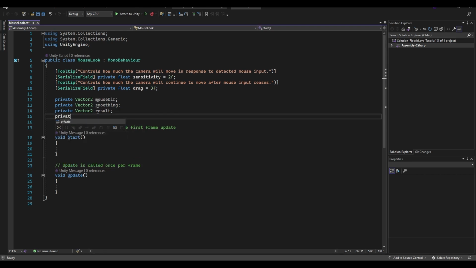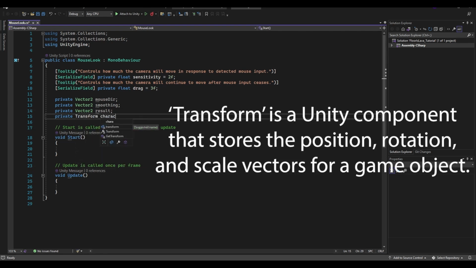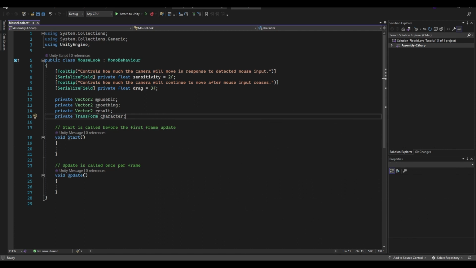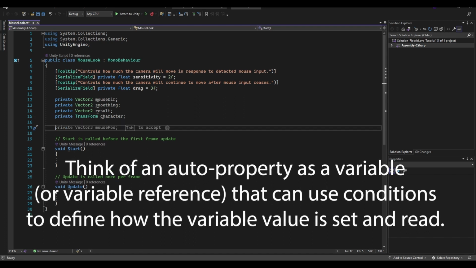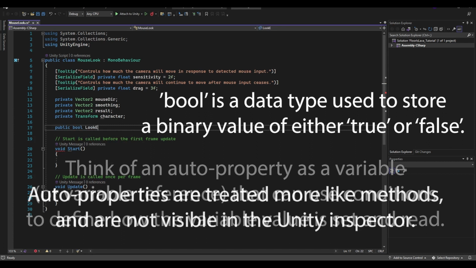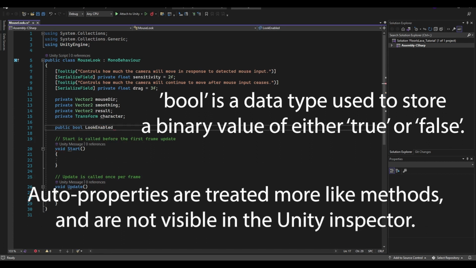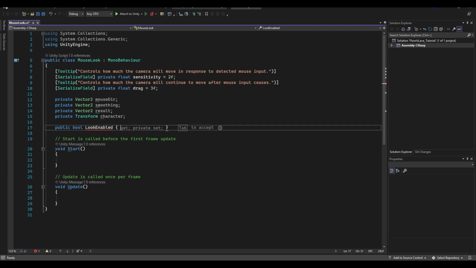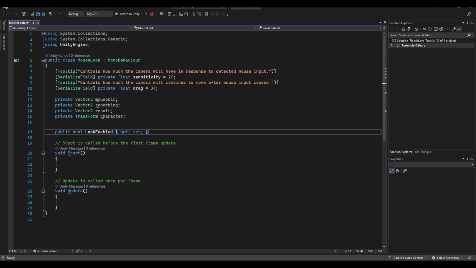Underneath that, we're going to have a private Transform, we'll call this character, and that's going to store a reference to the parent of the camera. Now, those are all the variables that we want to define. We do want to define one more property though, but this will be an auto property. So we'll define a public bool, and we'll call this LookEnabled. And because this is an auto property, we'll use upper camel casing for this property's name. And this value we will be able to publicly get and also publicly set,